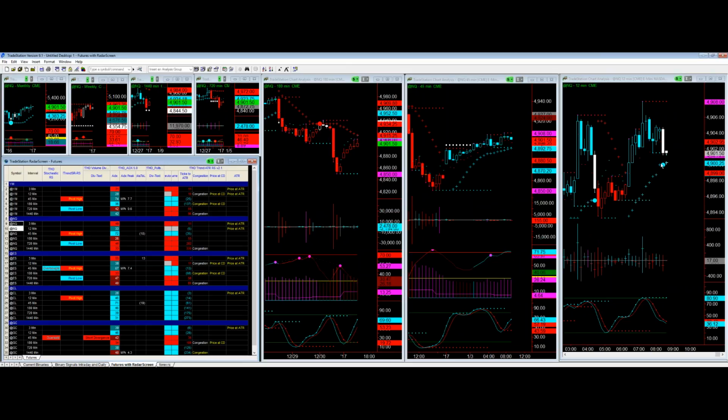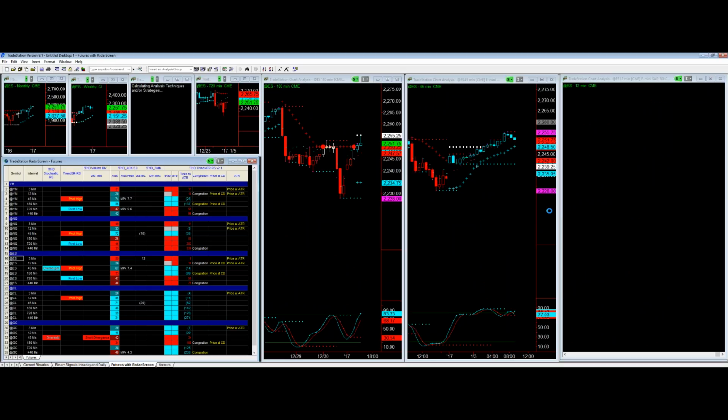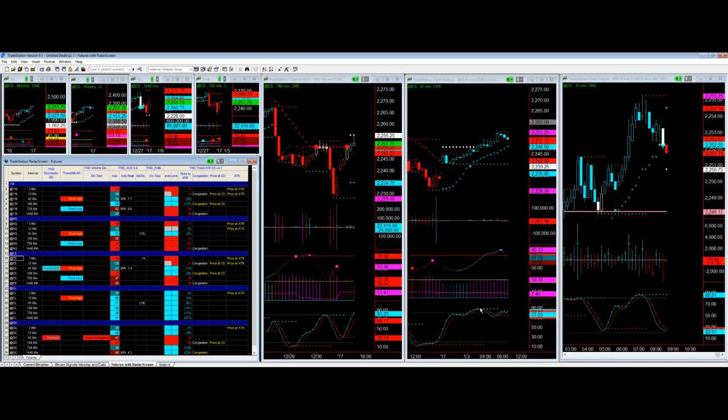This one has not made it back to the ATR, but you're fixing to get the magenta peak in here. And as it stands right now, if this continues down, you're going to have trend divergence over here. Okay? Not a trade I want to take. On the ES, it's telling you to buy. Same scenario. Do y'all see this trend divergence?